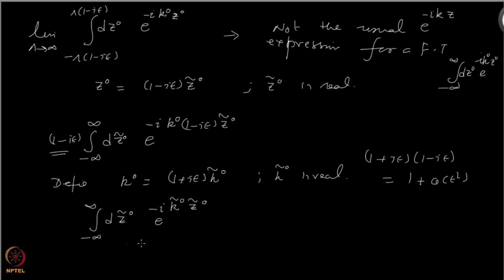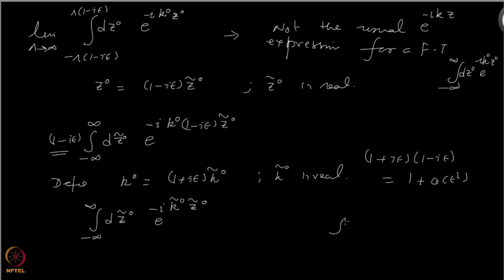Okay, now, this clearly looks like an expression for a Fourier transform, with whatever function you have here, you will be Fourier transforming that. This is good, but then this requires that k not be imaginary. Okay. So, if I am doing a Fourier transform and that Fourier transform involves an integral over k tilde naught.